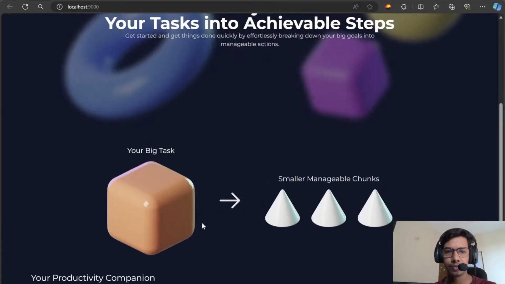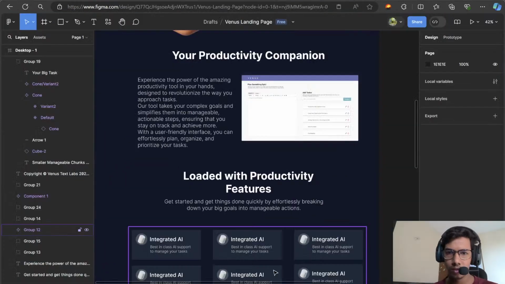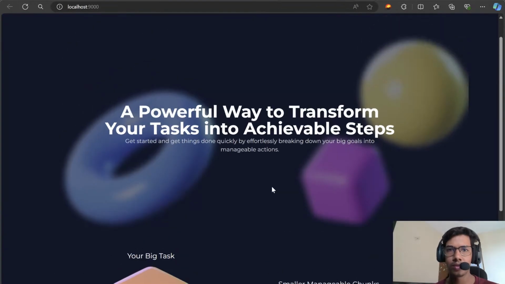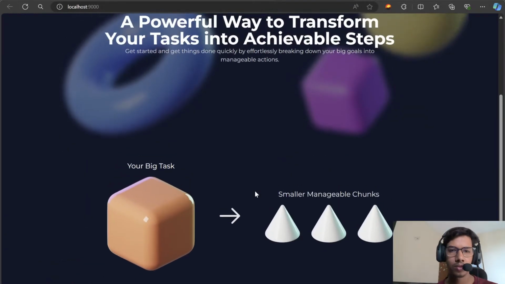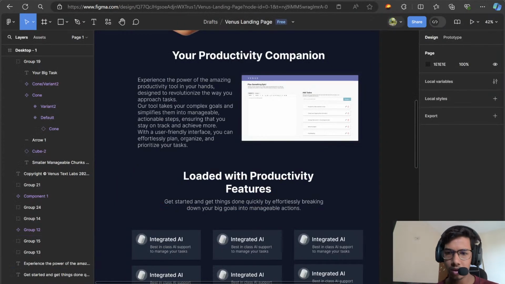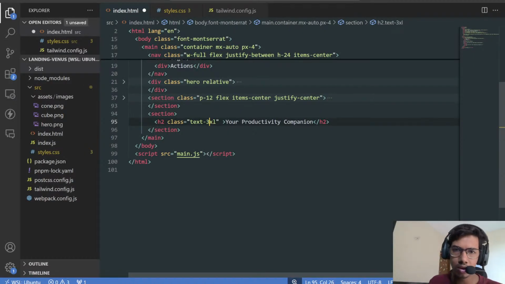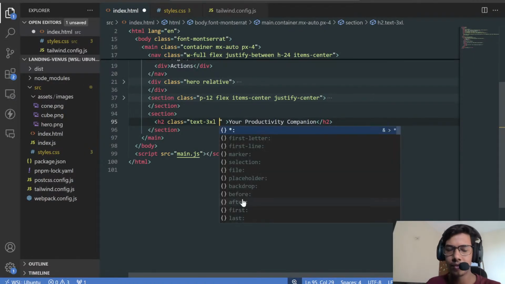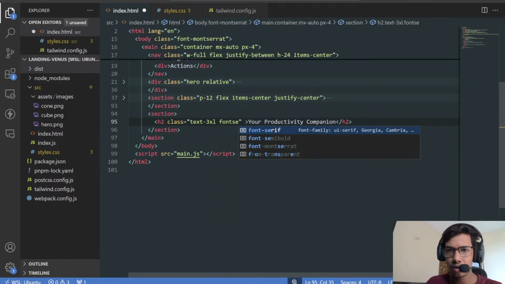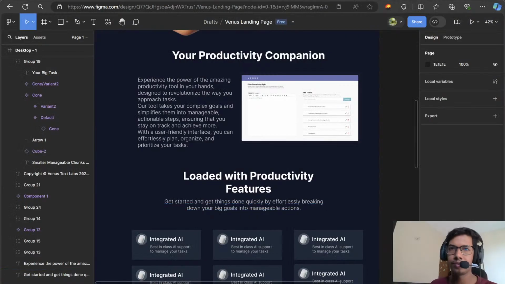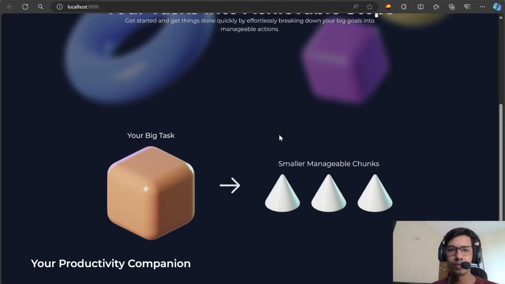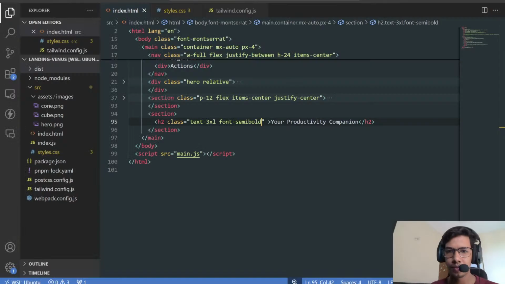See, Excel is small. Let's try 3 Excel and font semi bold, text center,